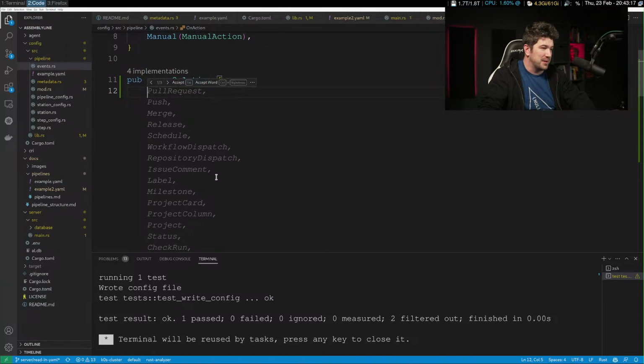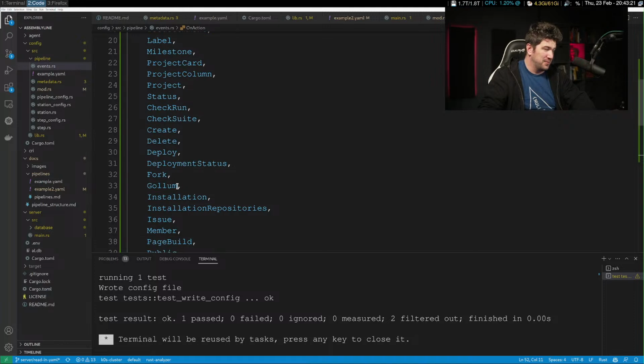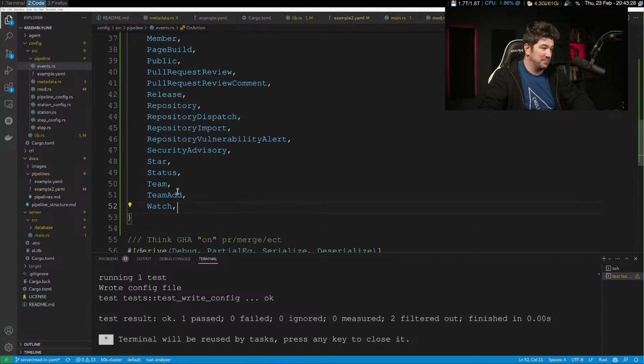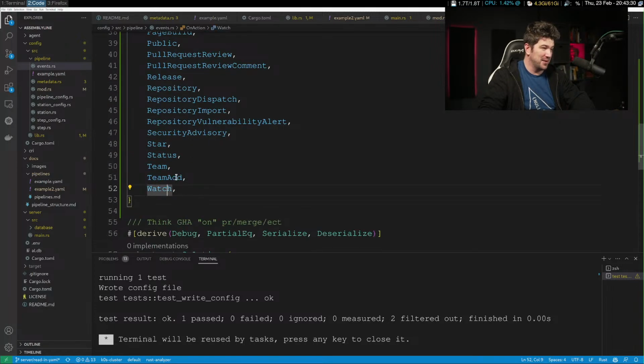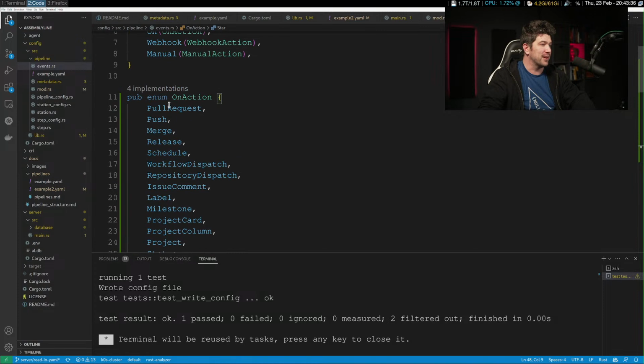Hey, that's actually pretty cool. Kind of like these: fork, golem, installation, issue, member, page build. Wow, that actually got like a lot of them. On star. Yeah, you could do anything on any one of these events. Okay.